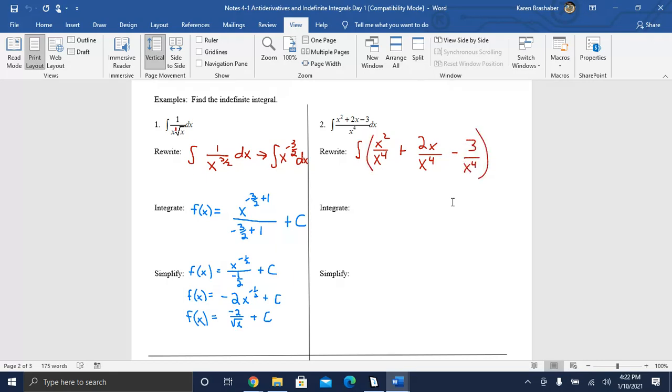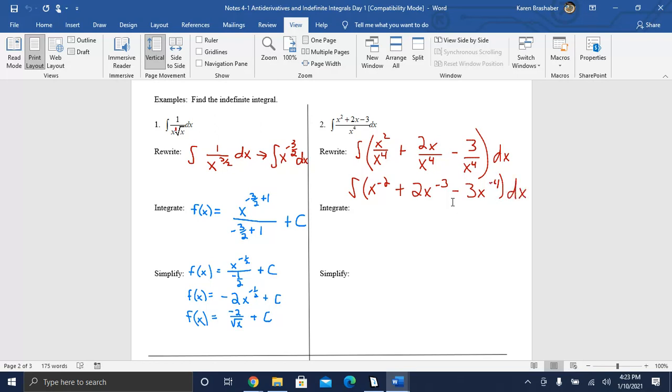And remember that you're integrating with respect to x. Then we could simplify using negative exponents. So this would be x to the -2 plus 2x to the -3 power minus 3x to the -4 power